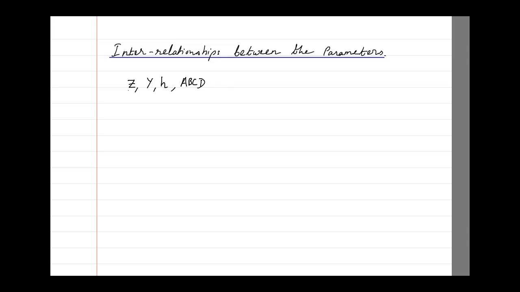Now for Z parameter we mostly use KVL to solve and find out the Z parameter. For Y parameter, we mostly use the KCL. And for H and ABCD, we can use either KVL or KCL or anything that we find according to that circuit, it will be good to find that.